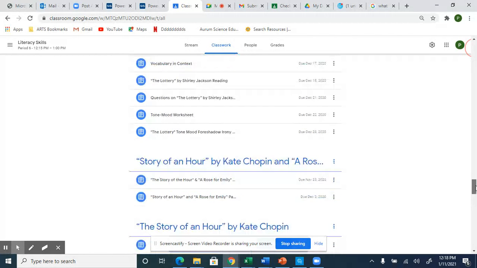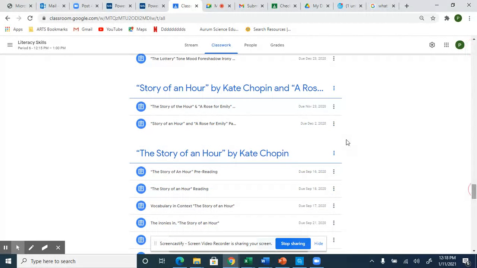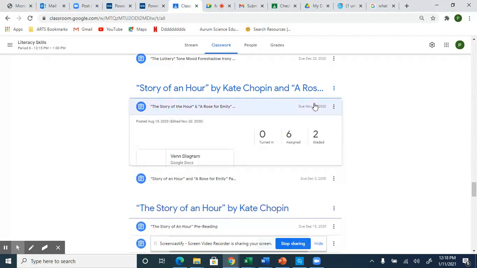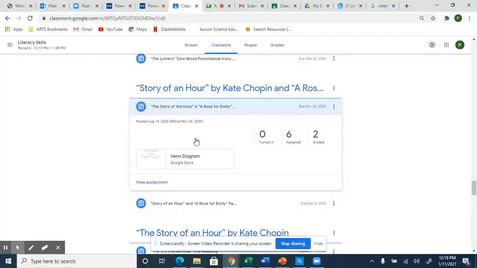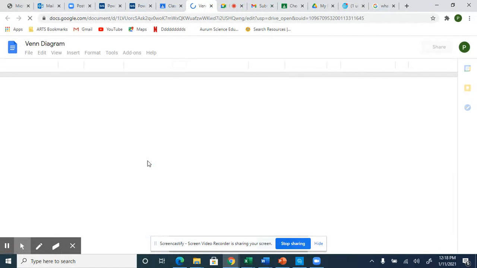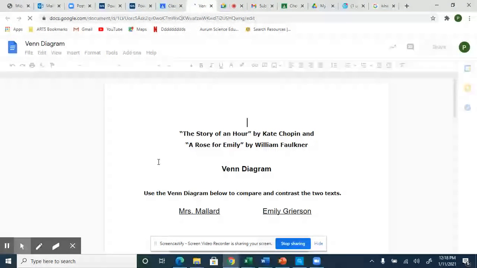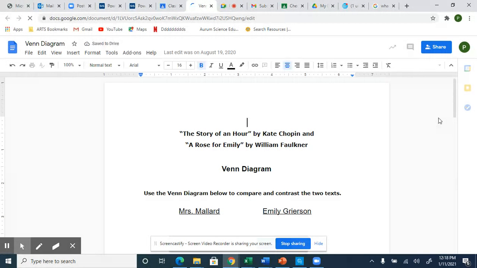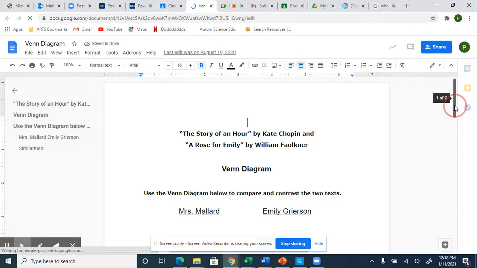which started November 13th. And we had, November 23rd, a Venn diagram to make a comparison between the story of the hour and A Rose for Emily. And the reason I was having you do this Venn diagram was